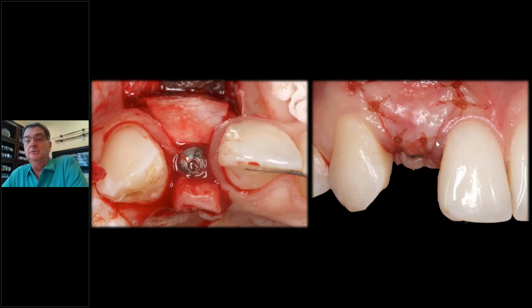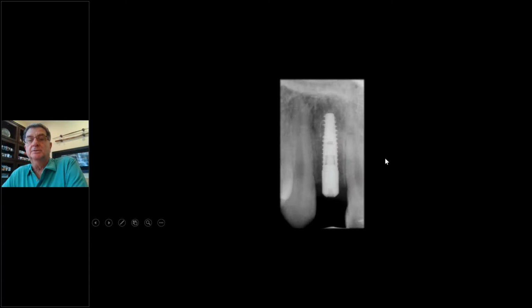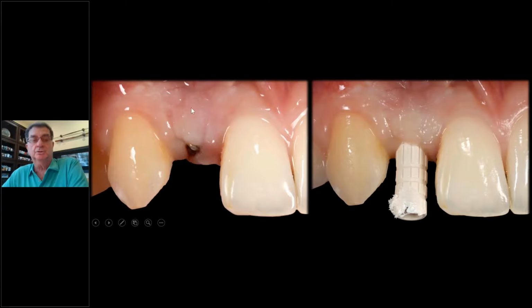And now I leave the papilla intact. Nothing's going to happen to it because I haven't done anything to it. We replace the bonded bridge, retack it. There's the implant placement, nice and clean. And here you see, now you do see the groove here, see? Initially, you're going to see that, but it tends to blend in. If it doesn't blend in enough, like here, it's almost gone already. And here, it's still a little bit of a groove, but it's a groove.